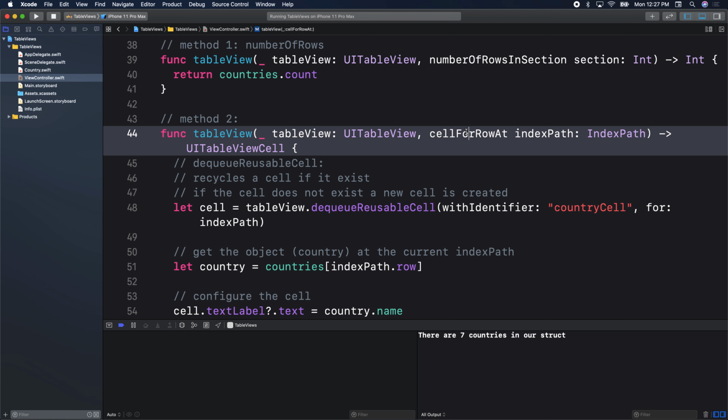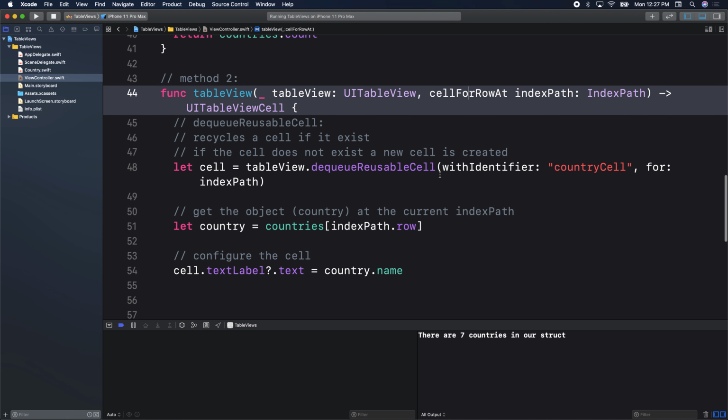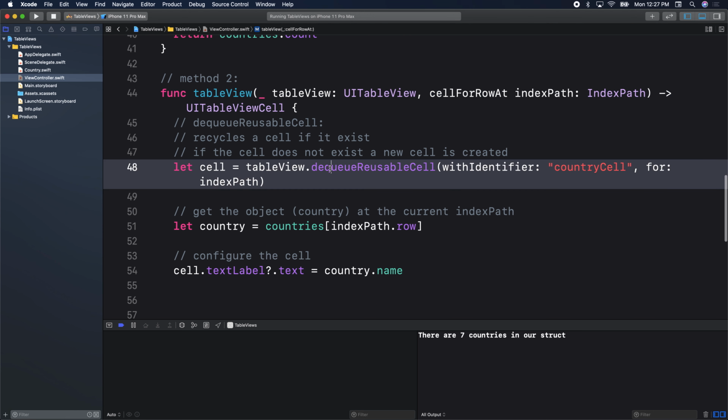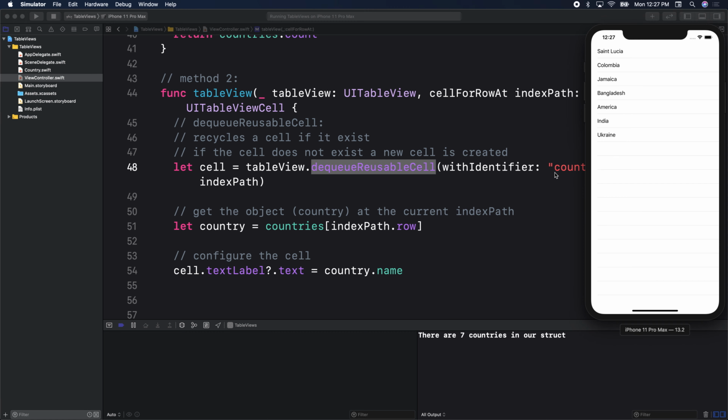Cell for row at has the majority of the work for the cell. It needs to return a cell. First step of the cell, we use dequeue reusable cell because we do not want to have our own method creating a cell. We have a method built into TableView, which is called reusable cell. The API documentation says for performance reasons, you definitely want to reuse this one. You definitely want to use this because what does it do? It recycles the cell. If we have this whole table view filled of data, as we scroll, it gets recycled,